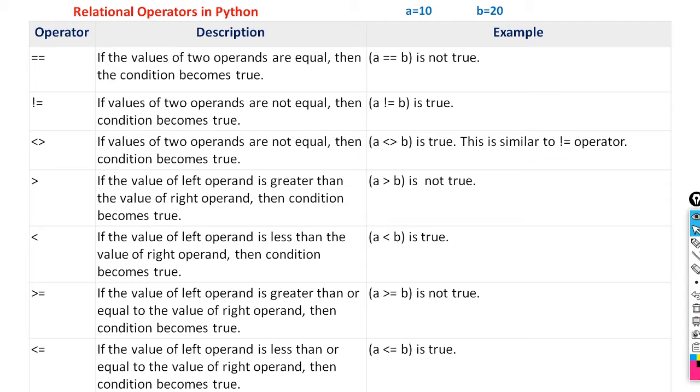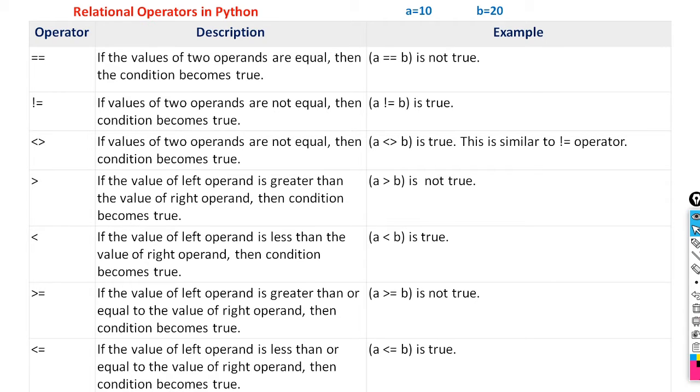When we go for branching statements, we should use relational operators. That means comparison operators. Relational operators are also called comparison operators because we are doing comparison between two variables, or one variable and one value. We can set a relation between variable and variable, variable and mathematical expression, or variable and value. So we can compare two variables or two values. That's why they are called comparison operators or relational operators.